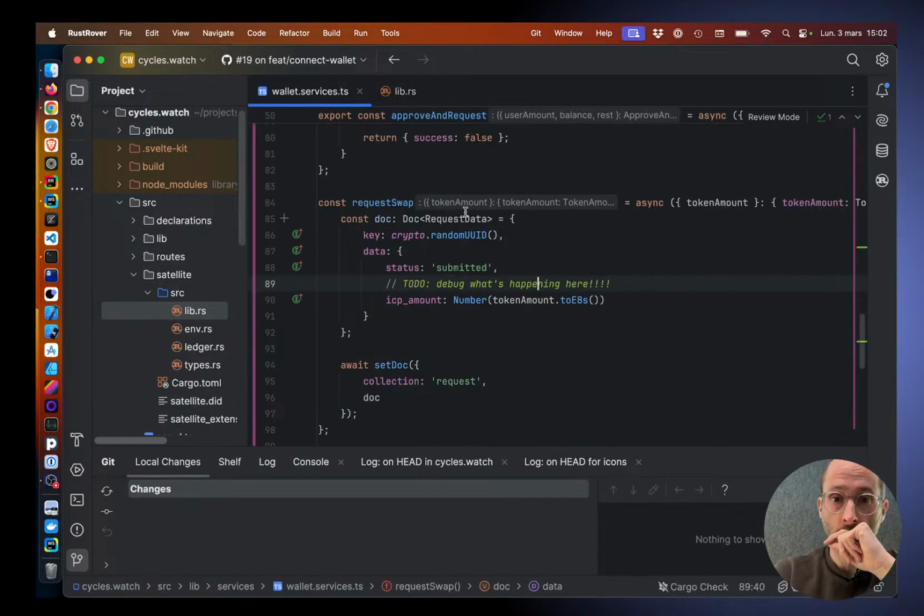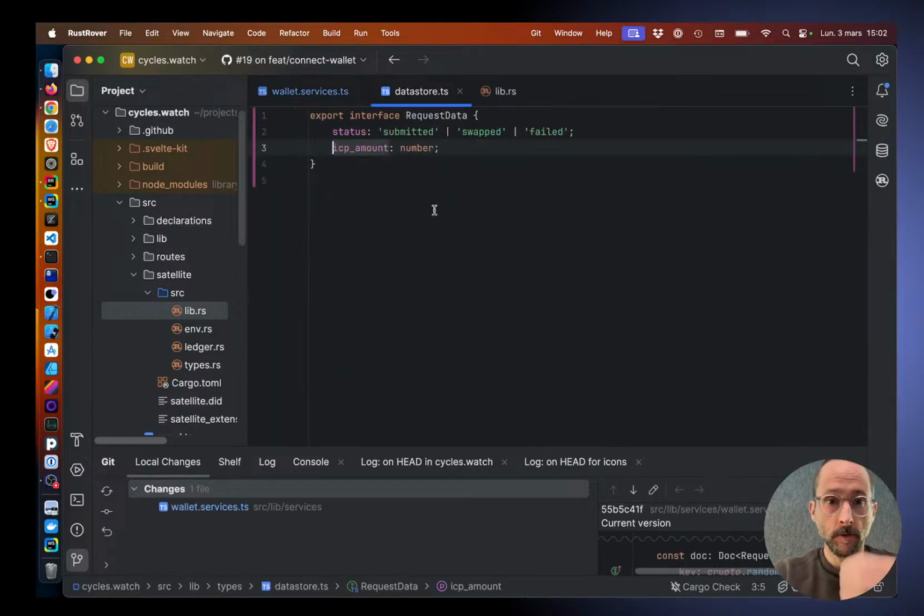Actually, we can try to do that. If I redo this and set a bigint,